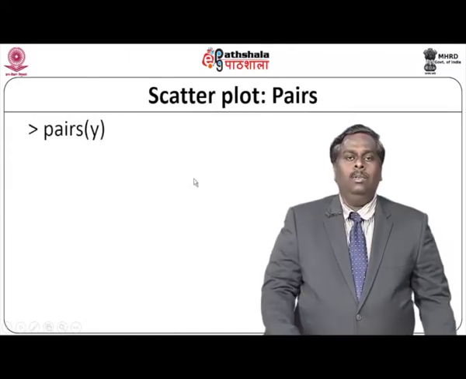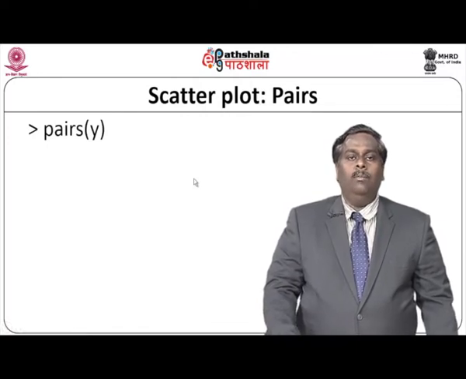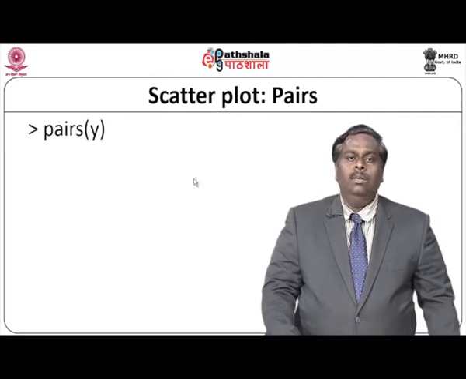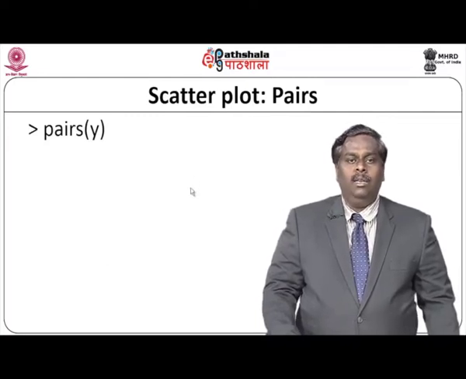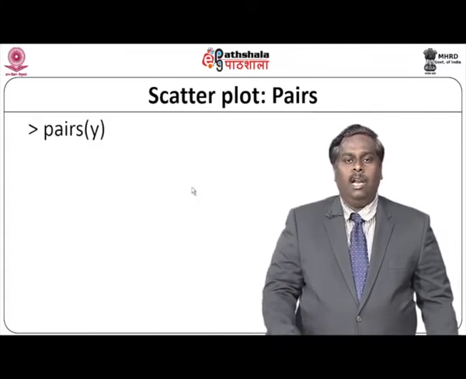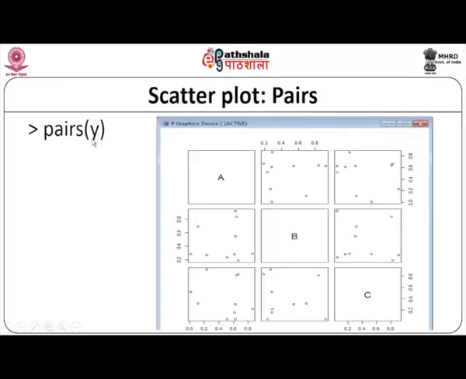Suppose you have various combinations of variables and you want to display all these combinations, then you can make use of a special method called the pairs method. The pairs method, when supplied with, say, the corresponding variable with which you are going to plot the various combinations of scatter plots, you can call the pairs method with the argument y. Assume y is the variable with which you are going to plot it. So, once you call this method, you will find combinations of variables. Here there are 3 variables, and the combination of these 3 variables, which is represented as a 3 by 3